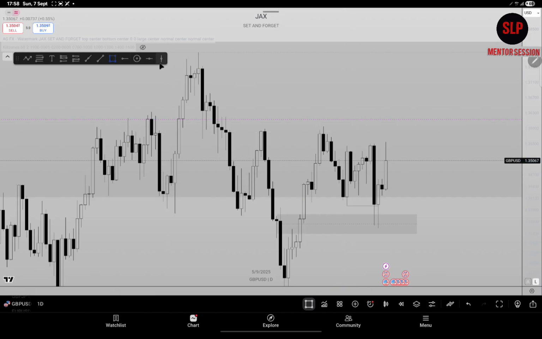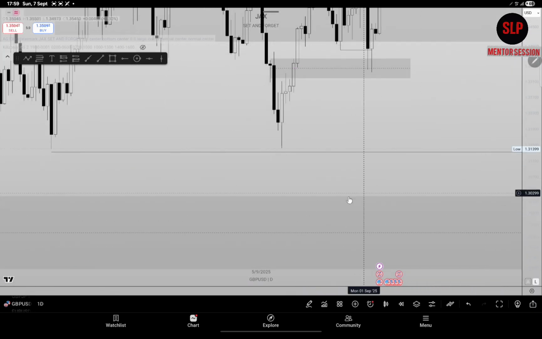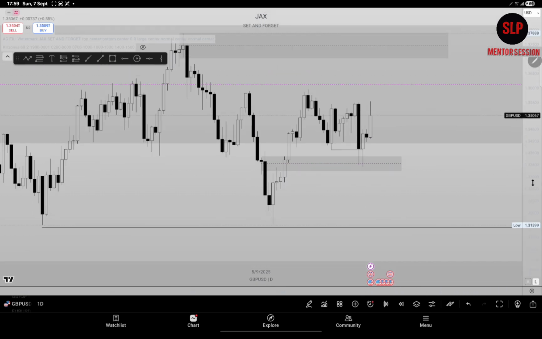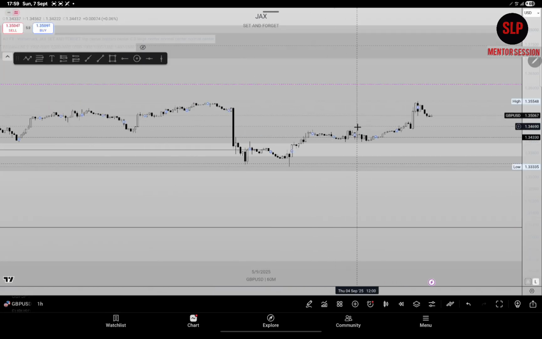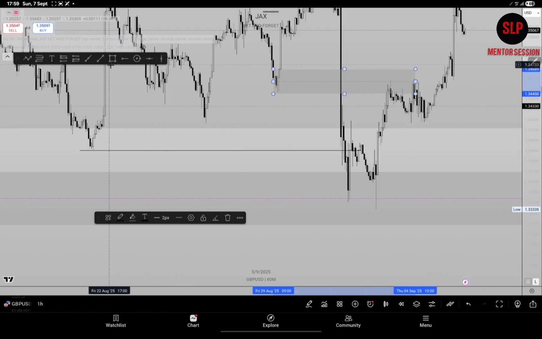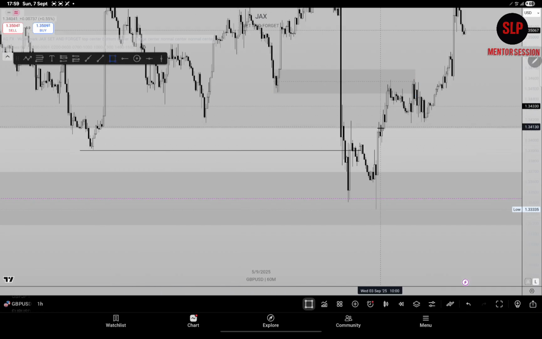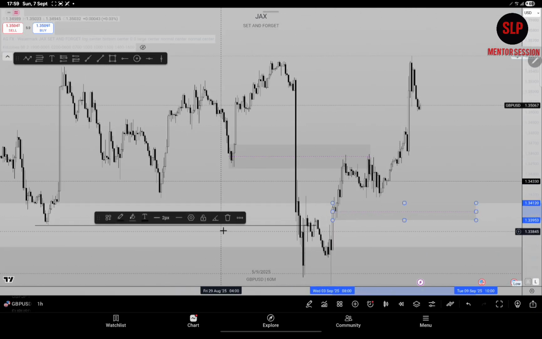Where we are expecting price to come and mitigate the other block before pushing to the downside to come and tap into this PD array. Then we'll see what price is going to do from there. So that's it for GBP USD on the 4 hour and 1 day. That's where many people are looking for sells from this breaker block right here. I was hoping that price will come and react from this other block to continue my buys to the upside. So that's exactly what we're expecting on GBP USD.